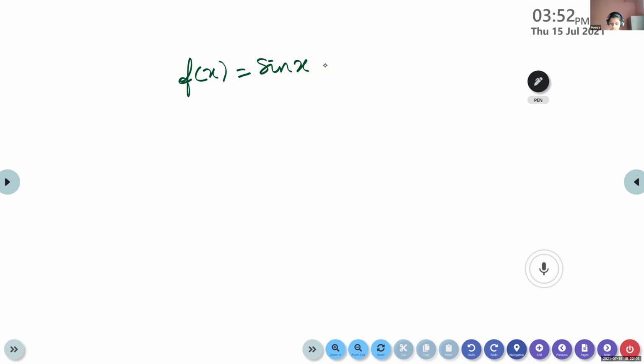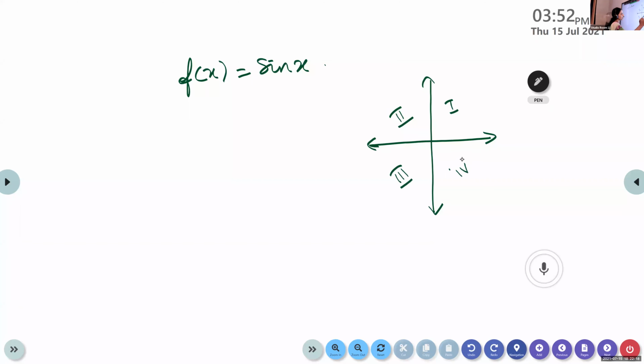Okay, so listen, in trigonometric functions, we know that the plane can be divided into 4 quadrants: first quadrant, second quadrant, third quadrant, fourth quadrant. In the first quadrant, which trigonometric ratios are positive? All are positive. Here it is 0, it is 90. 90 means pi by 2. 180, it is pi. 270, how will you denote, Rijas?